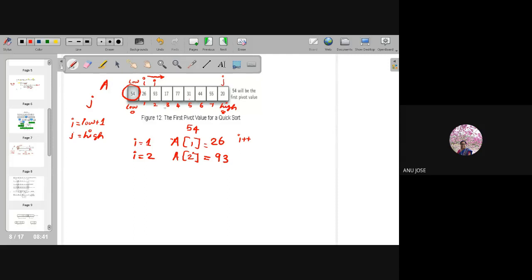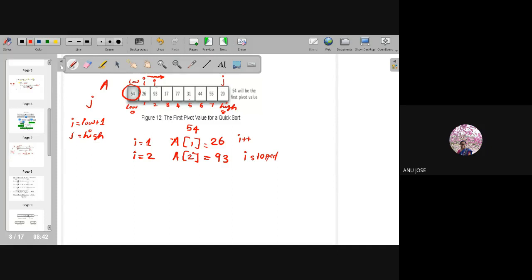So 93 is the value present. Is it a greater value than the pivot element? Yes. Once it finds a greater value, the movement of i stops. I stopped at that location.